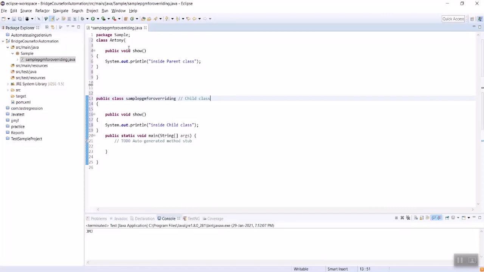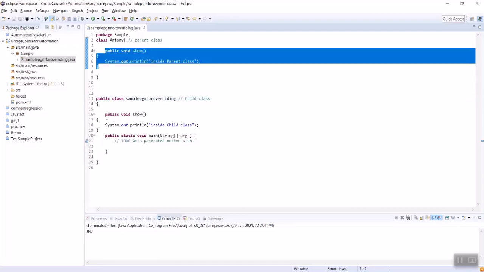This is the child class. The first one is the parent class. For your understanding, I am writing it as a comment. Line number 2 is the parent class, line number 13 is the child class.